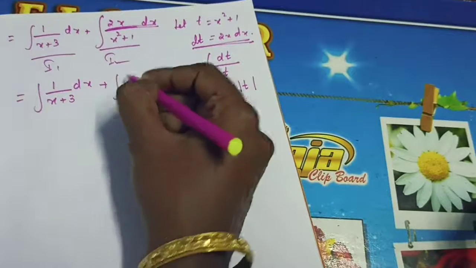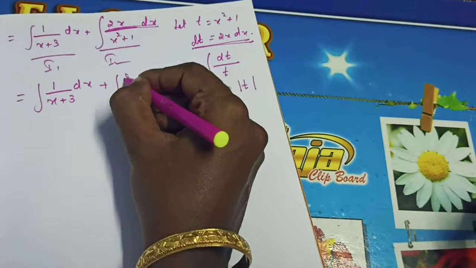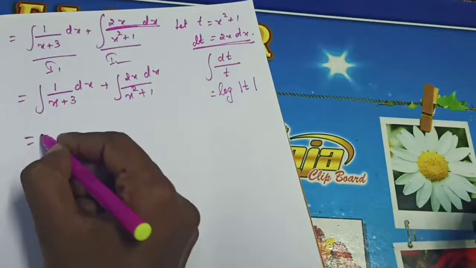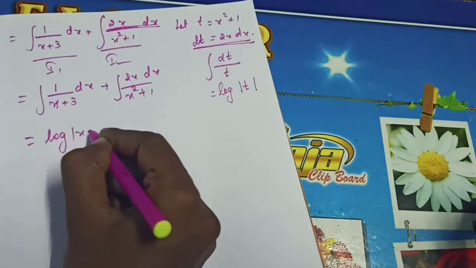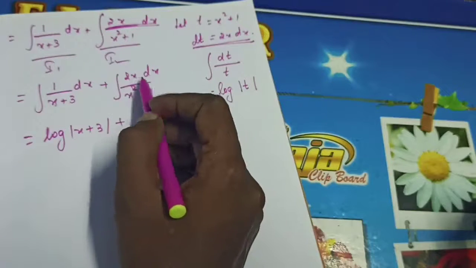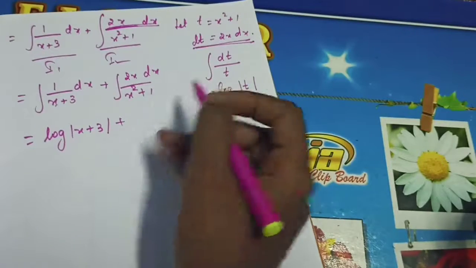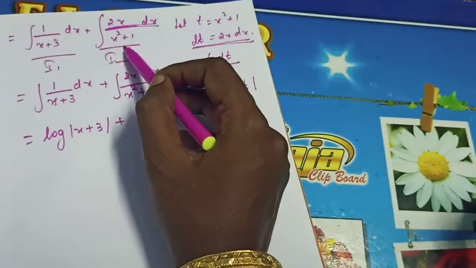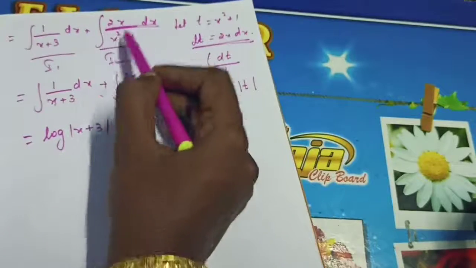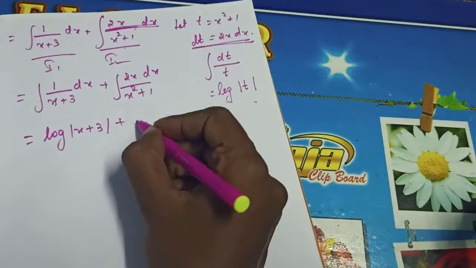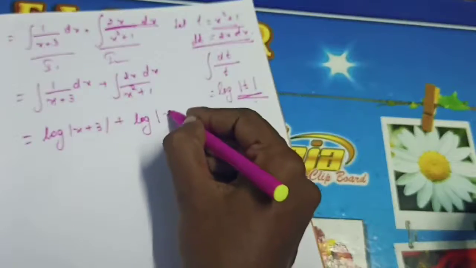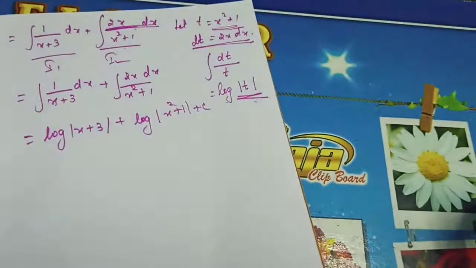So we can substitute here now. Okay, now you write the step again here. So 2x dx divided by x square plus 1. Okay, that's equal to, what's the integration of this one? You know, that is log of mod of x plus 3 plus the same as this one only. You will have a doubt: that 2x, where did it go? So this is the thing. Okay, t I have chosen as the denominator, so dt will become the numerator, that is 2x dx. So that is the same as dt divided by t, that's log t. Okay, now log of modulus of t, what's the t value here? x square plus 1.